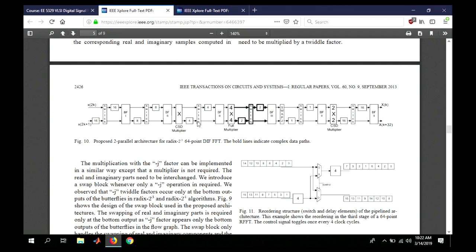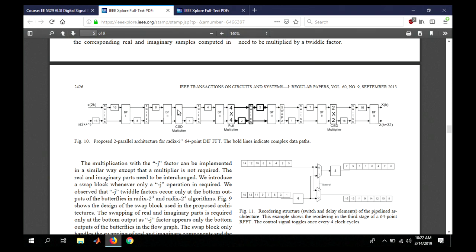Bold, that's called a hybrid data path because it is computing some data paths keeping real and some data paths keeping complex. So that's the basic difference between the Salehi paper we looked at and this paper here. The other paper was fully real data path, and this is hybrid data path, where some of the data paths are real and some of the data paths are complex. All right.